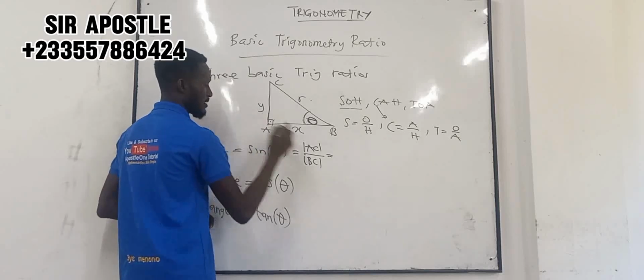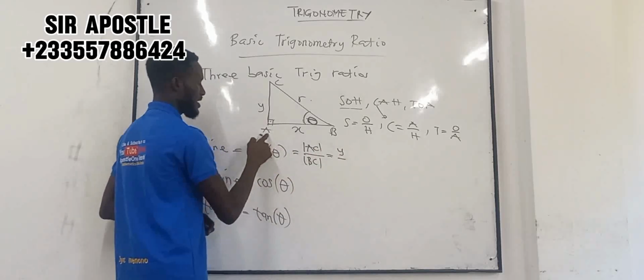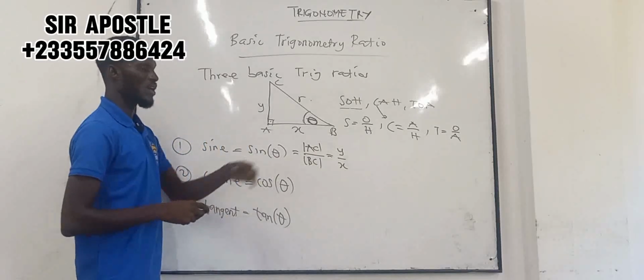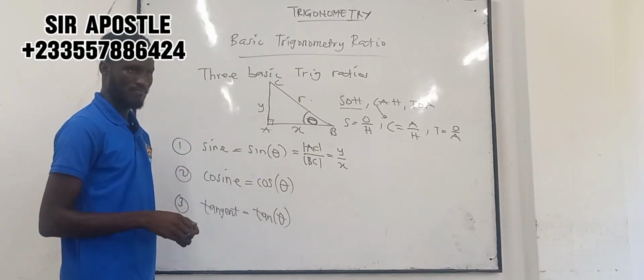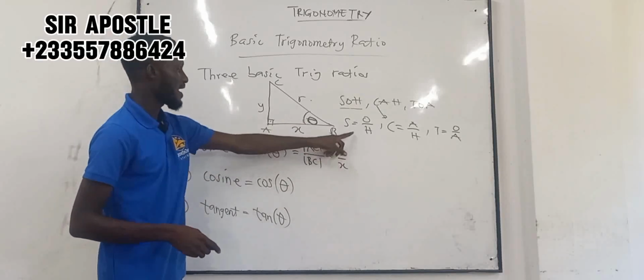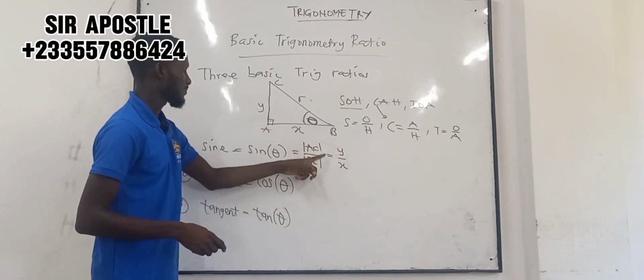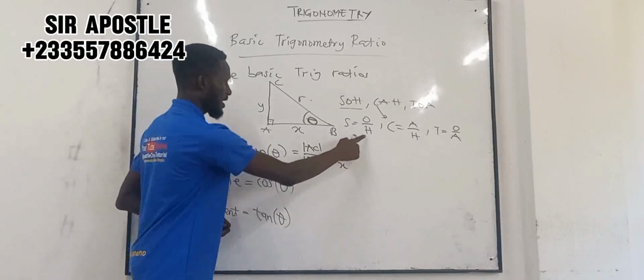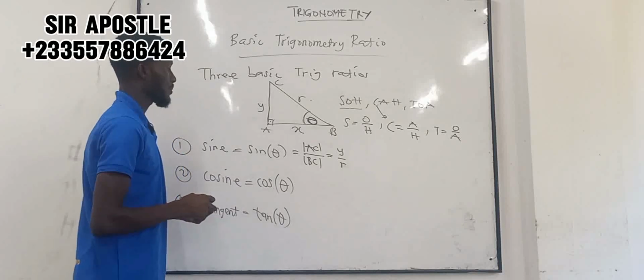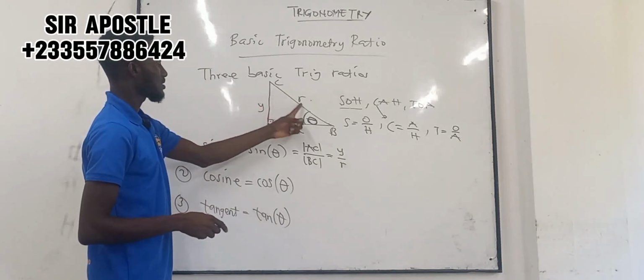What is AC? AC is the same as Y. BC is the same as X. So the formula is Y over X, where Y is the opposite to the angle and X is the hypotenuse. The hypotenuse is the R, where the hypotenuse R